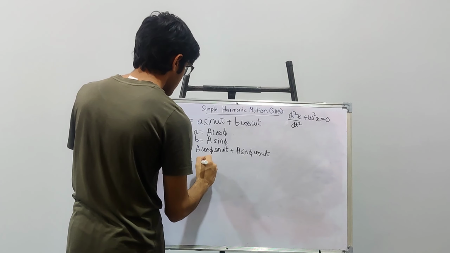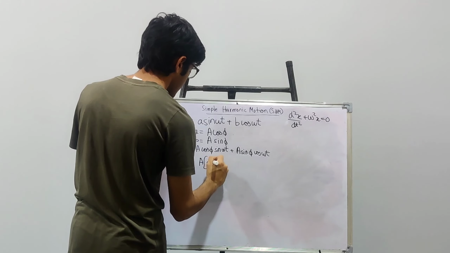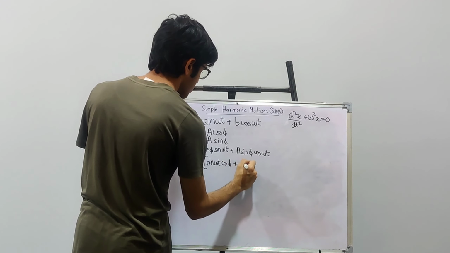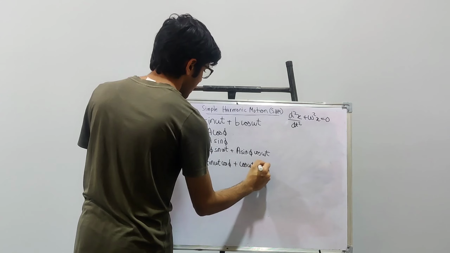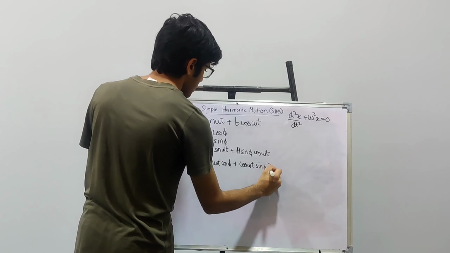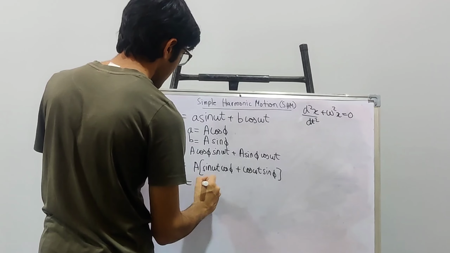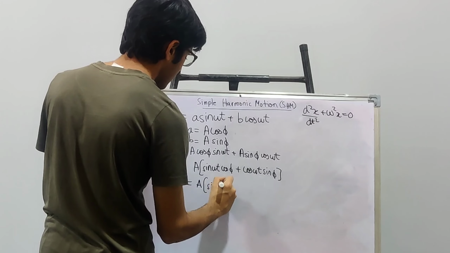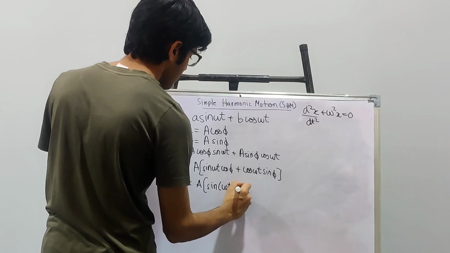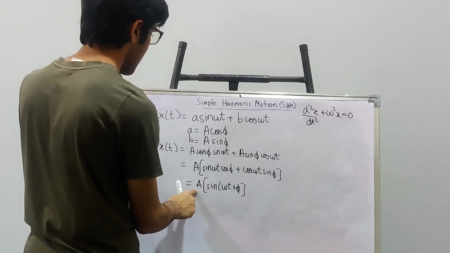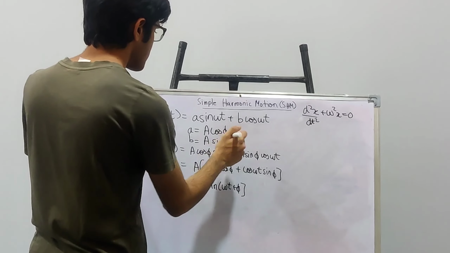When we take A as common, we get sin omega t cos phi plus cos omega t sin phi. This is actually sin a cos b plus cos a sin b, which becomes sin of a plus b. So this is A sin of omega t plus phi. Now the capital A here is the amplitude. So now